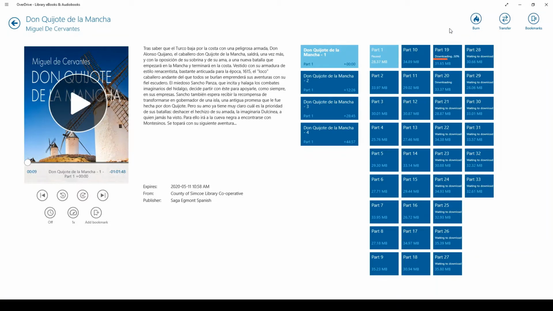And you can see up here, some titles are available to burn. So you could burn it to a CD if you have a CD burner. You can transfer it to an iPod or an MP3 player. And along the way, as you're listening, you can bookmark and go back. This is very helpful if you're in a book club or anything and you have spots where you want a note to talk about. Once you bookmark them in the